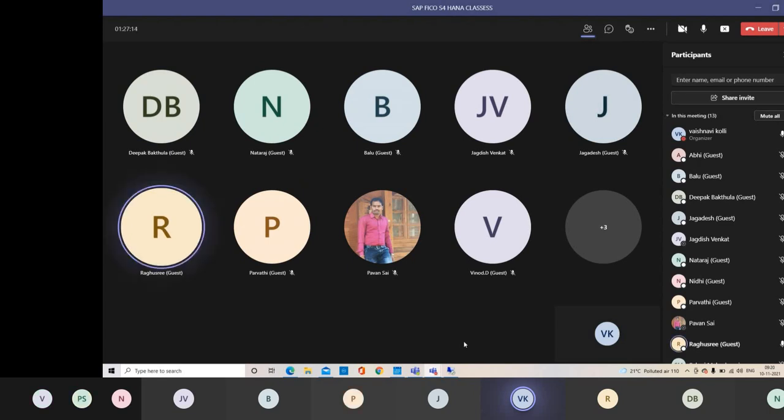Okay, sir. We'll try to cover it in whole detail. I mean, we'll try to create the whole cycle. What are the settings we do, what the MM consultant does, we'll also do the same thing. We'll see the entire cycle: the creation of the purchase order, the posting of MIGO, and how the goods receipt happens. We'll see the whole cycle here.